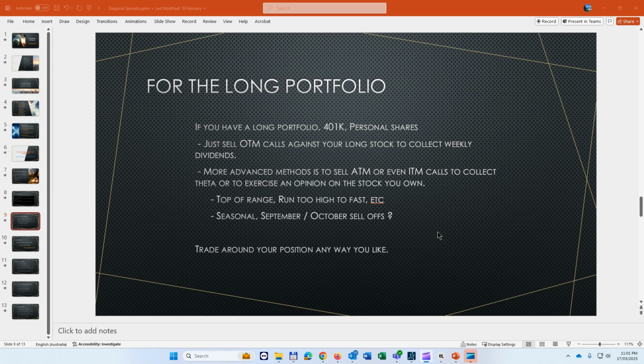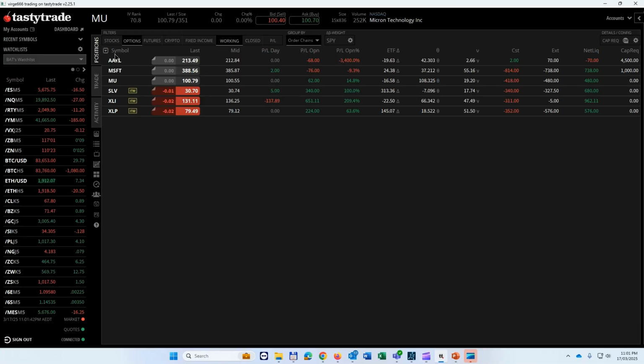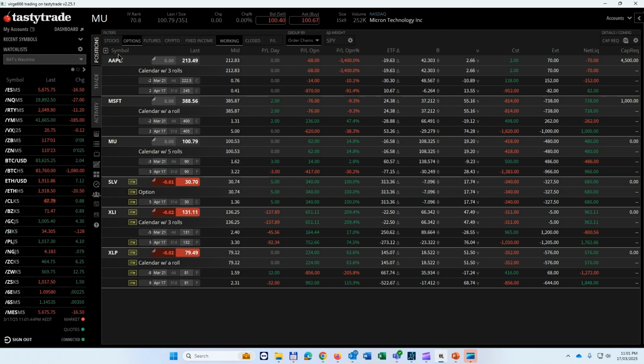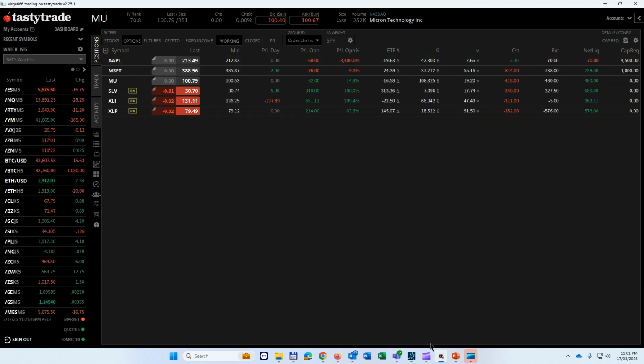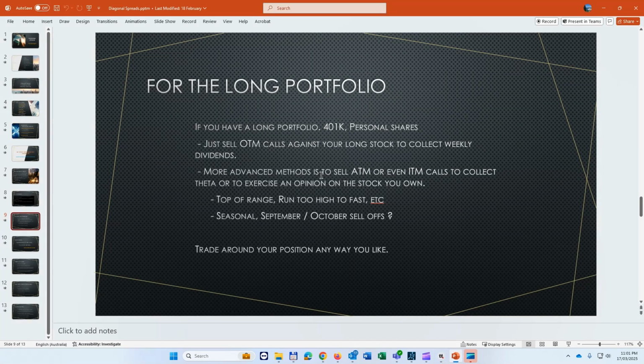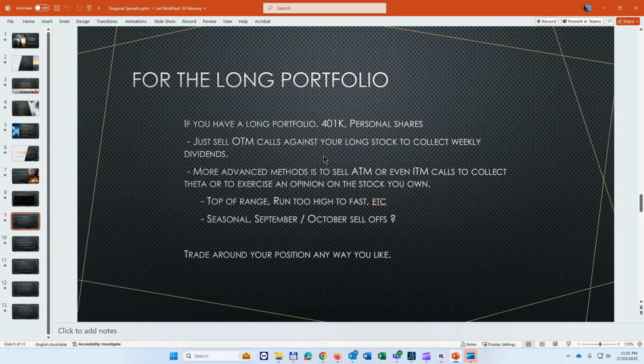I must admit, I do enjoy the morning sessions because we get to do some 0-day stuff. So with regards to George and Bill and a couple of guys on the Discord, let's go through the diagonal trade and then we'll compare it back to the good folks at Tasty here. This is our diagonal trades at the moment, and we'll run through them. But first, let's start with the important stuff.